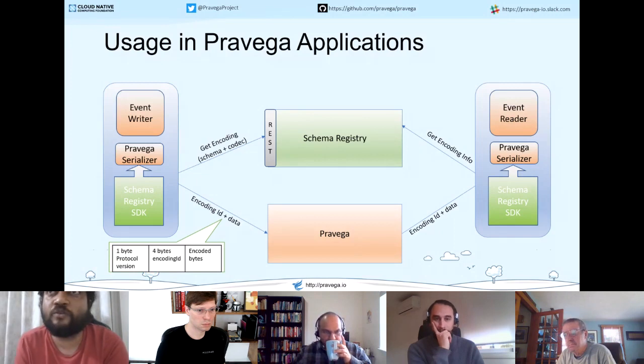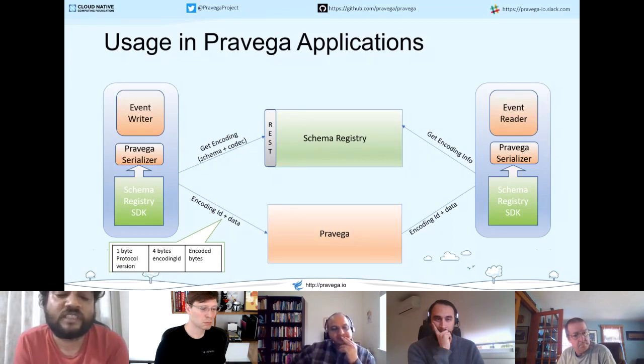So we allow you to register this fact with the schema registry, that this data has been encoded in this specific way, and we issue a unique identifier for a schema plus codec pair. A codec is just a string name identifying what encoding you've used, and it will typically be the MIME type names. And if there are additional property sets that you want to associate with it, you could do that.